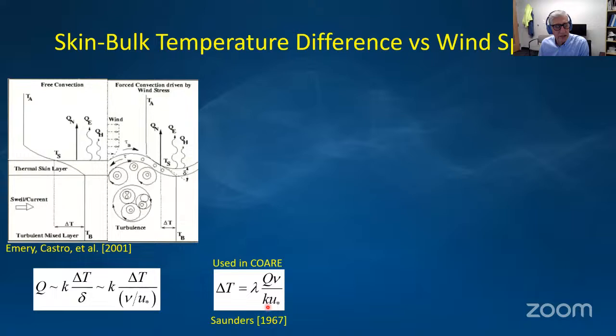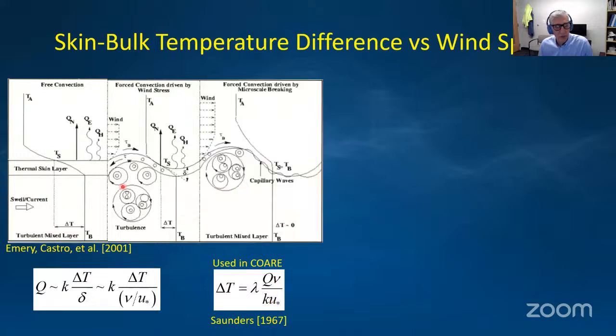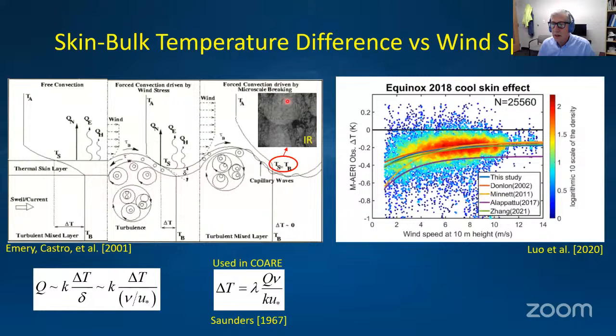As the wind speed increases, turbulence becomes important. This thermal boundary layer becomes periodically disrupted and renews, so that's actually a dynamic process. When we talk about bulk skin temperature measurements, that's an average measurement that includes this dynamic process driven by wave breaking and large-scale breaking. We can parameterize the bulk skin temperature difference as a function of wind speed, an example shown here with the data, and then a number of curves that over the years have been shown to describe a lot of the data that's been gathered.